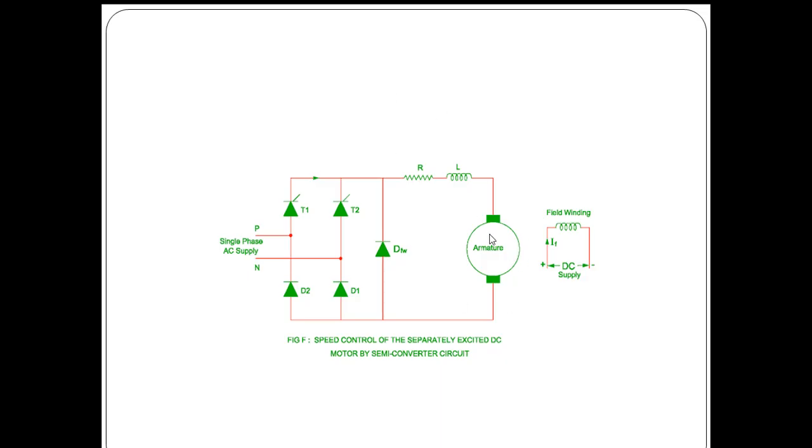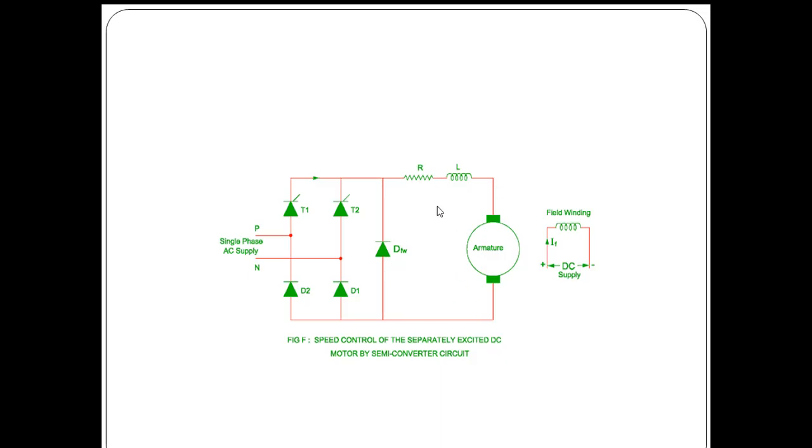And whenever the voltage is reaching zero at instants pi and 2 pi, the energy stored in the motor coils will drive current through the freewheeling diode. So at instant pi to pi plus alpha, during the small period where the thyristor T2 is in forward blocking state, the energy available across the motor will drive current through the freewheeling diode.